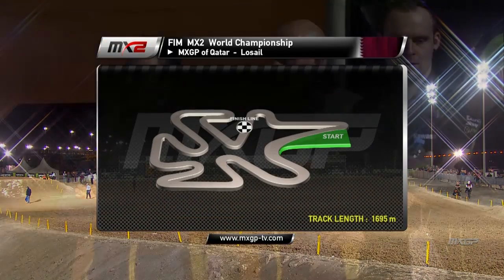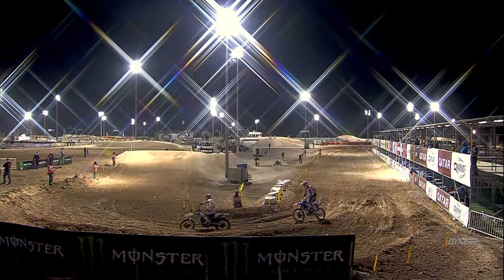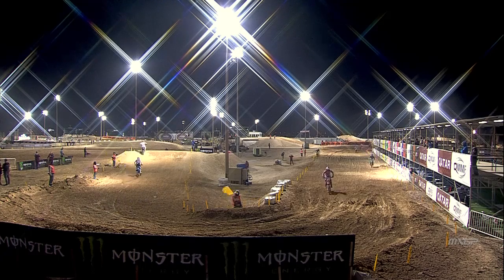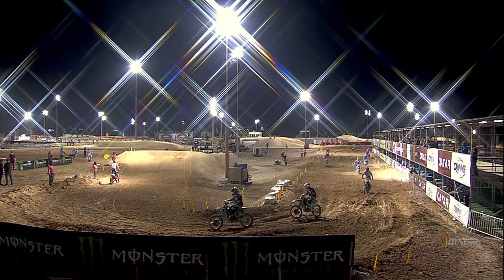And the circuit here, just under 1,700 meters long. If you've not seen it before, it's a night race, it's floodlit. We have 32 light poles, 422 lights in total, each light powering 2,000 watts. The track was built in around about 3 months' time, originally back in 2013 for the opening round of the